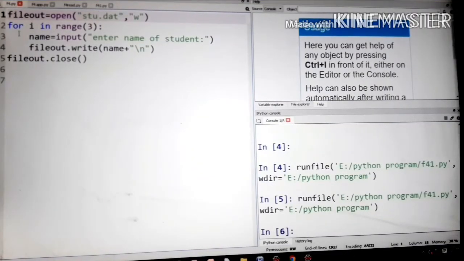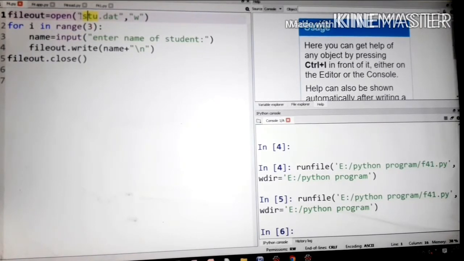Welcome students again. From a practical point of view, let us see how all these things happen, starting with the first function, the write function. In this coding, the file pointer, the file object, contains the student.dat file, but we also need the location where we store this file. So we put the path here.